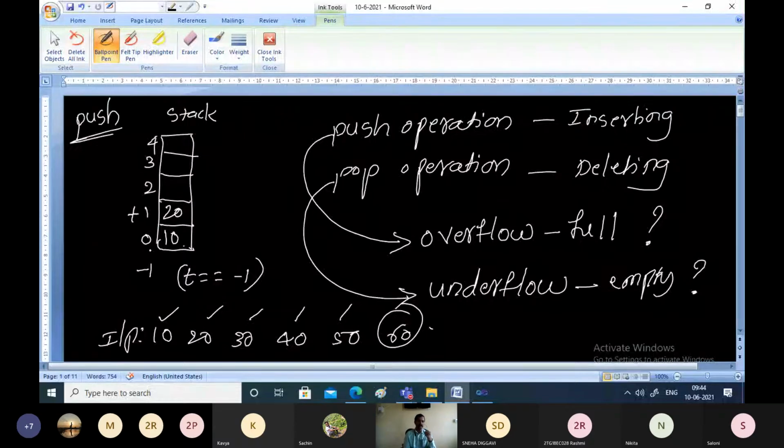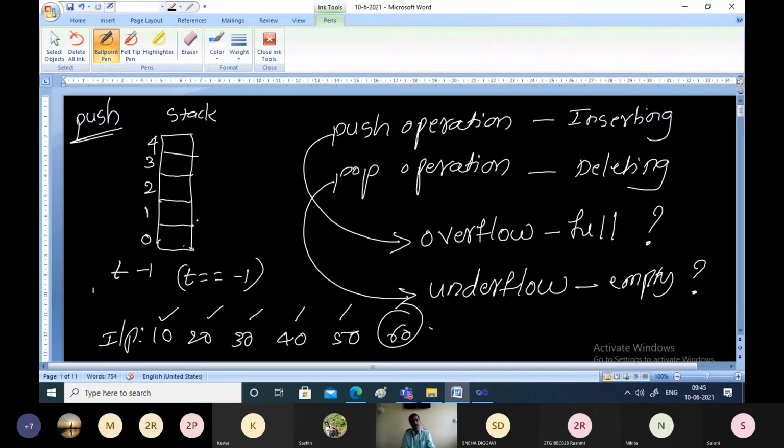If this is the scenario, do you want to delete one more element? Check whether top is pointing to -1. No, stack is not empty. There are still elements on the stack and we can still delete topmost element. And top will be decremented to point to this location. Now if you want to delete one more element, it is possible because there is one more element. Delete the topmost element, then decrement the top and make top to point to -1.